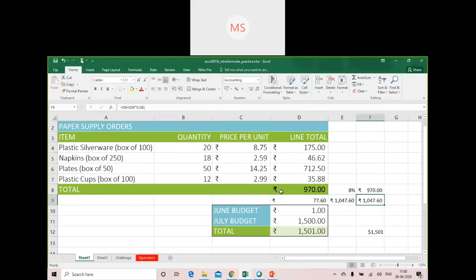Okay, as I was saying about relative and absolute cell references, in Microsoft Excel there are two types of cell referencing available. One is known as relative cell reference, another is known as absolute cell reference.